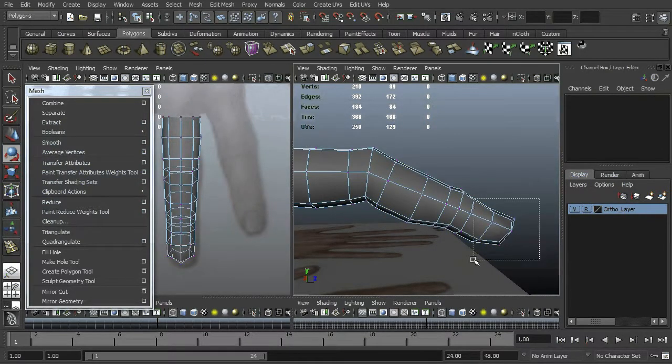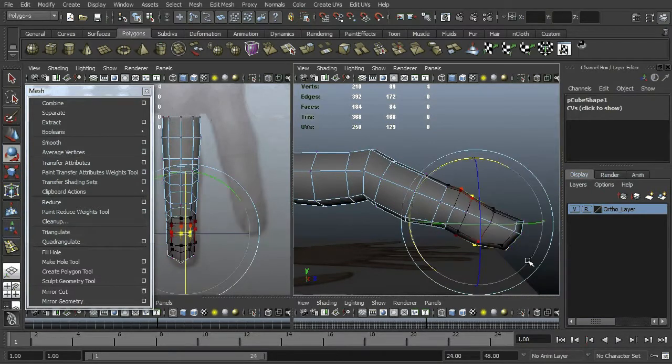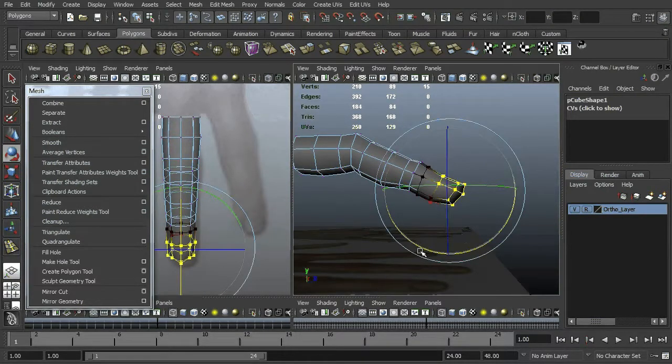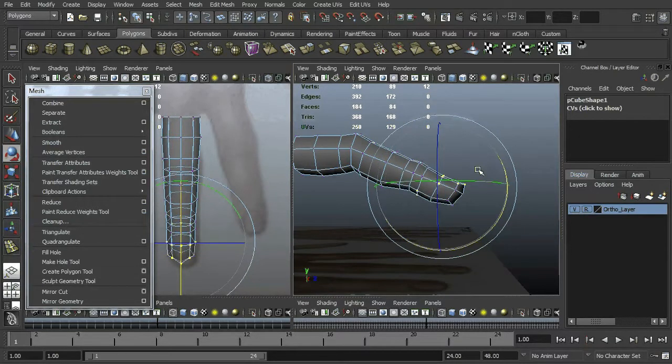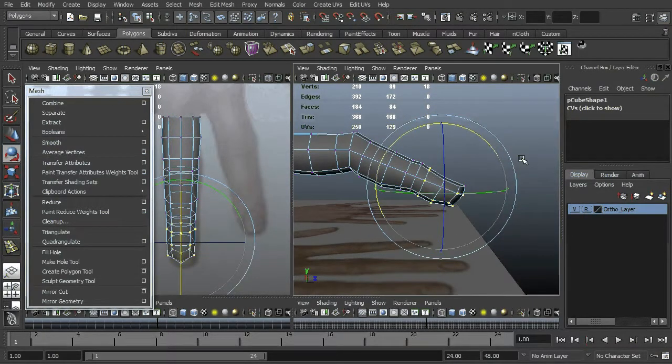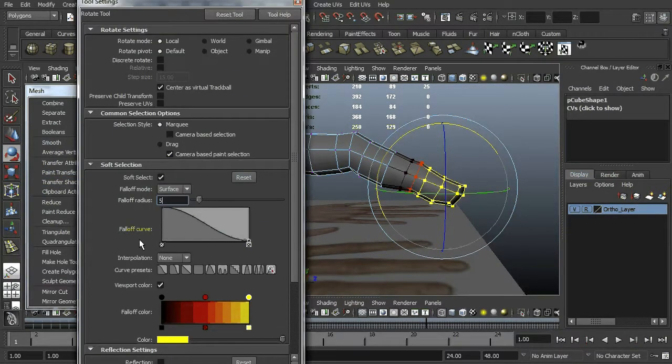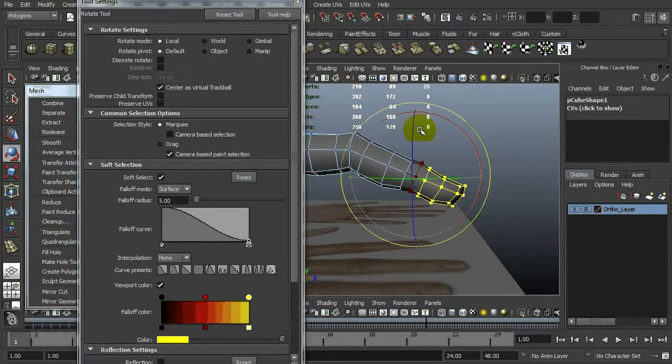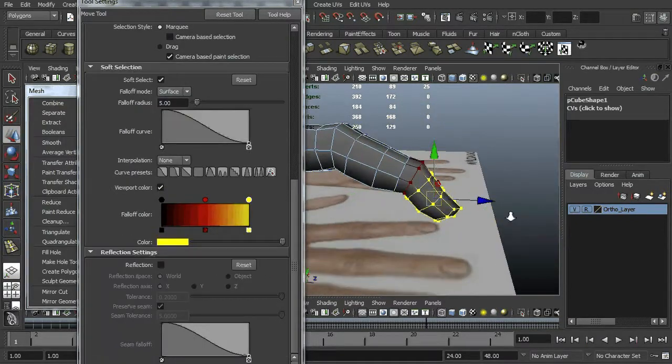But the problem here is your whatchamacallit. I forgot what you call this thing, the thing that you use to rotate with. It's always in the center of wherever it is that you've got selected. You need to change the position of that thing. In order to do that, you press the insert key, and that lets you manipulate the position of your gizmo, your transforming gizmo. So you position that gizmo over to the joint, and then you use the rotate